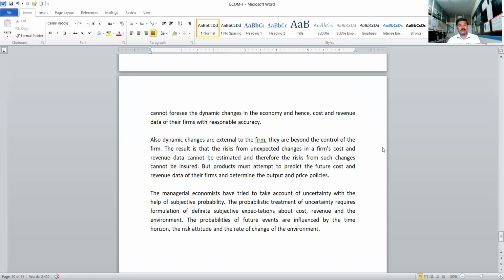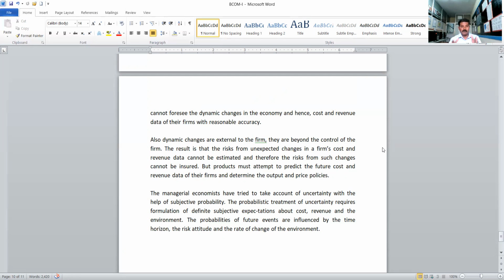The result is that the risk from unexpected changes in a firm's cost and revenue data cannot be estimated, and therefore the risks from such changes cannot be insured. But producers must attempt to predict the future cost and revenue data of their firms and determine the output and price policies. The managerial economists have tried to take account of uncertainty with the help of subjective